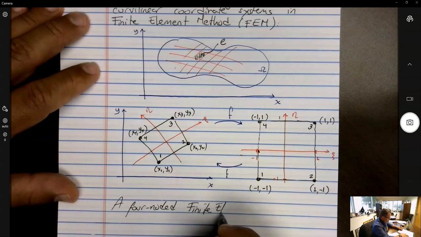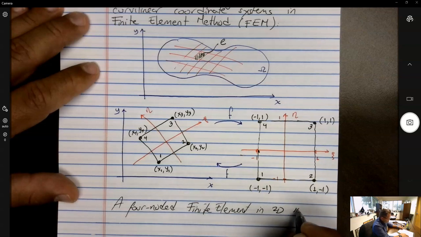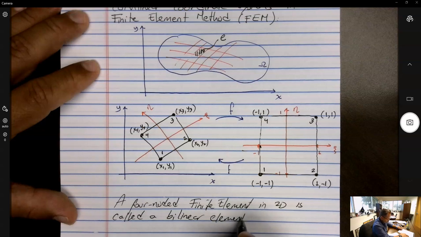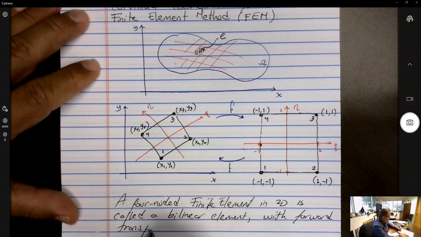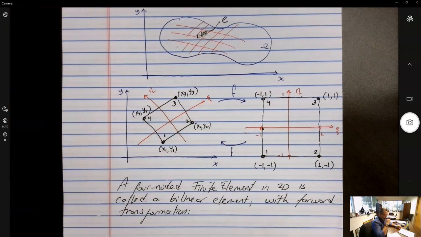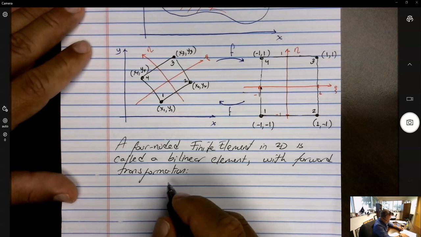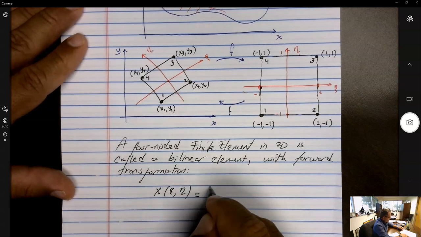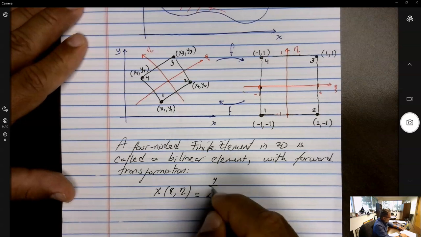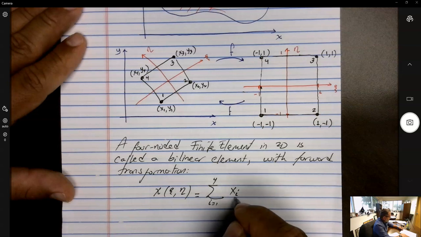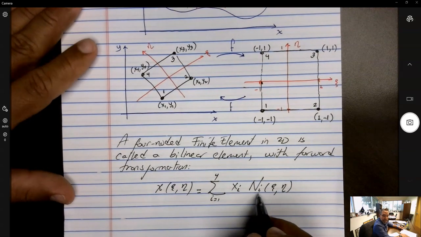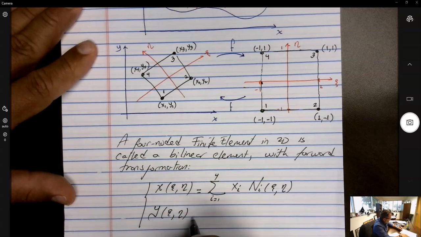So a 4-noded finite element in 2D is called a bilinear element, with forward transformation x of xi and eta equal to the summation from i equals 1 to 4, this being the number of nodes, of the x coordinate of node i, times some basis function of xi and eta, the ith basis function,